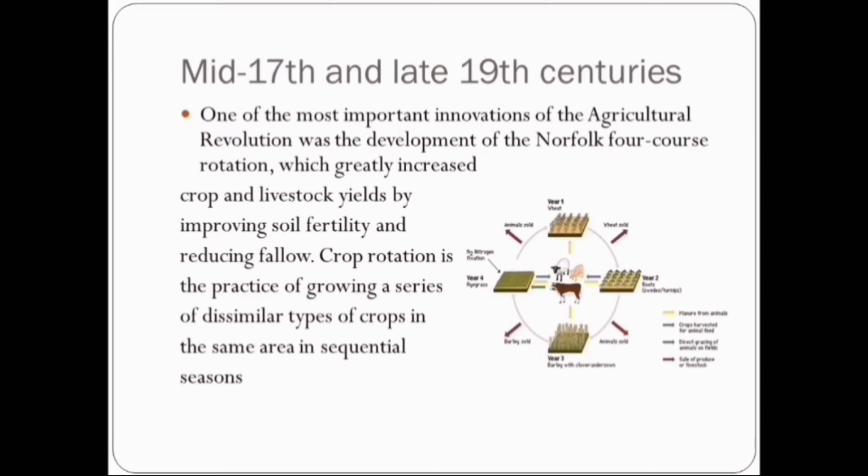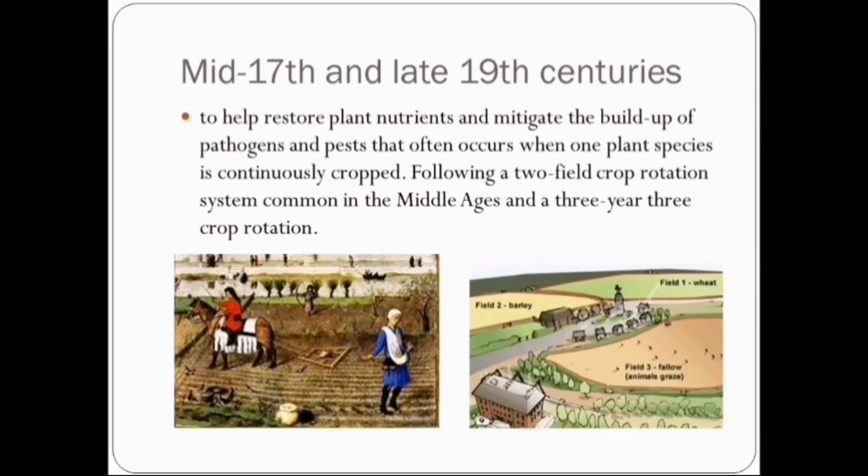Crop rotation is the practice of growing a series of dissimilar types of crops in the same area in sequential seasons to help restore the nutrients and mitigate the buildup of pathogens and pests that often occur when one plant species is continuously cropped. Following a two-field crop rotation system common in the Middle Ages and the three-year three-crop rotation,